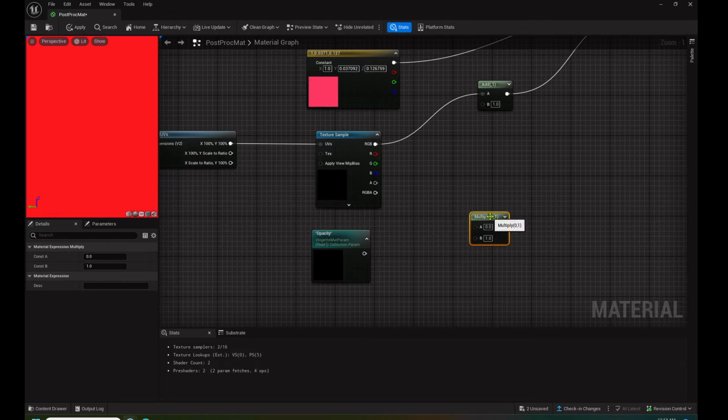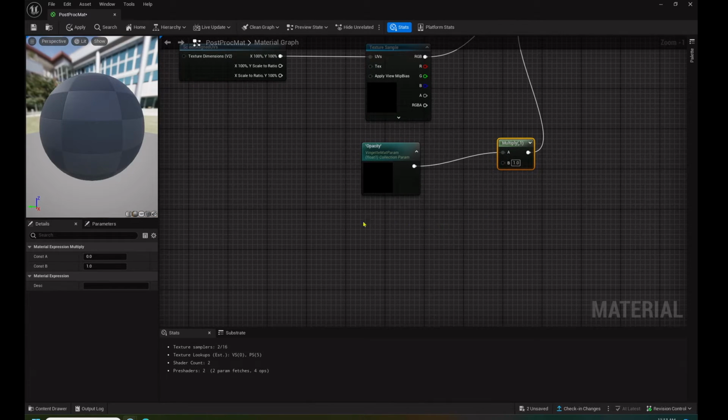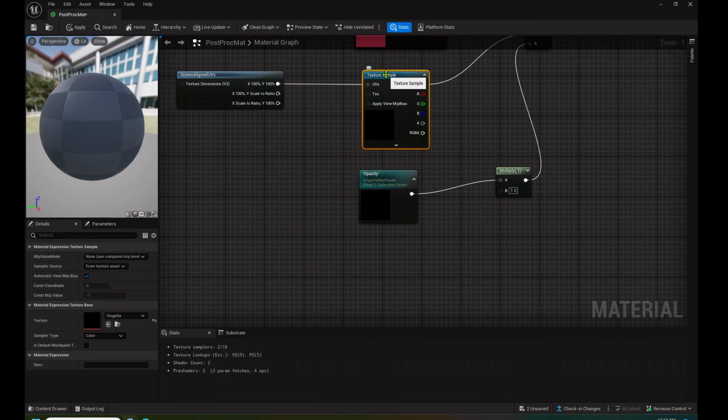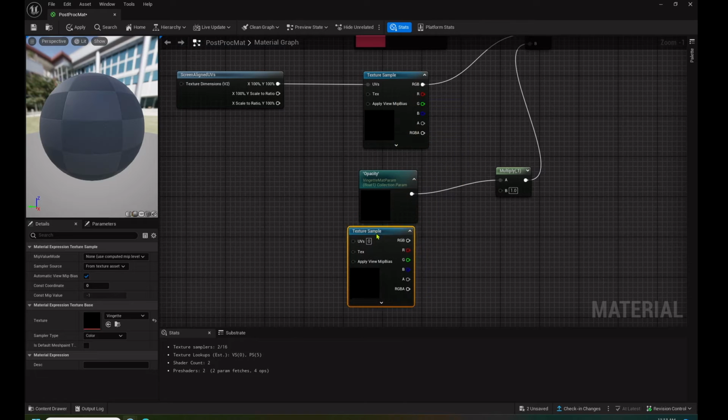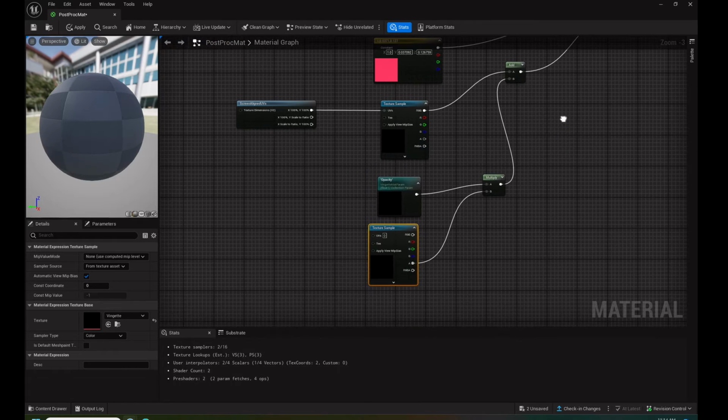Hold M and click. That's the one we need. Opacity goes into A. Let's link this up to B. And now we need another texture sample. Let's actually just copy this one. Control C, Control V. Let's link up the A to the B on the multiply. And change that to